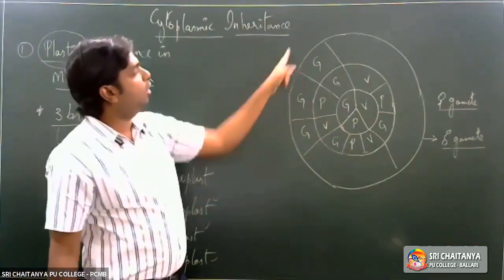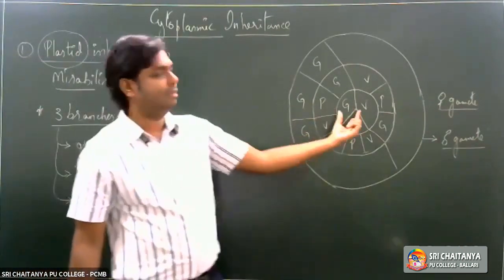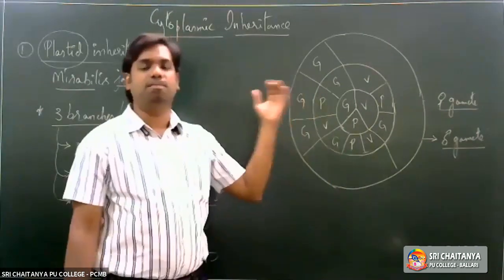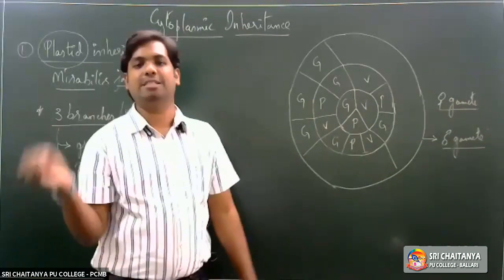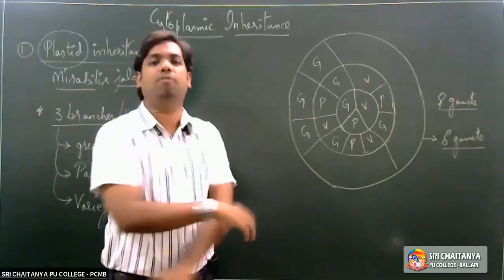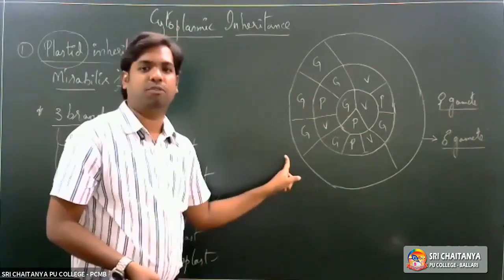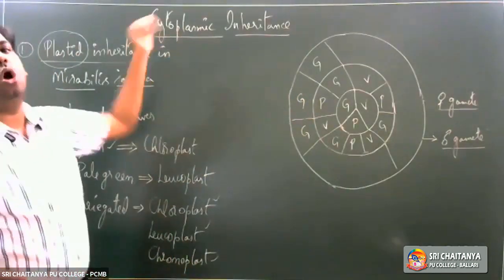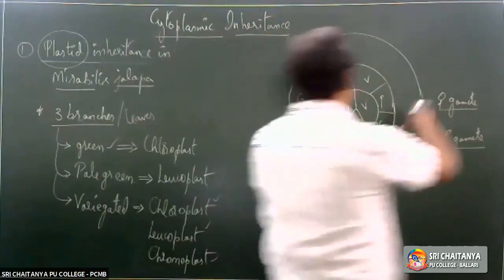So why are all the offspring said to be green in the first case? It is because the mother has this particular plastid called chloroplast, and the mother is the one which contributes the cytoplasm. Since chloroplast is present in the cytoplasm, the same chloroplast present in the cytoplasm of the female gamete is transferred into the offspring. So this type of inheritance, we call cytoplasmic inheritance, or we also call it maternal inheritance. Let us complete this particular thing now here.